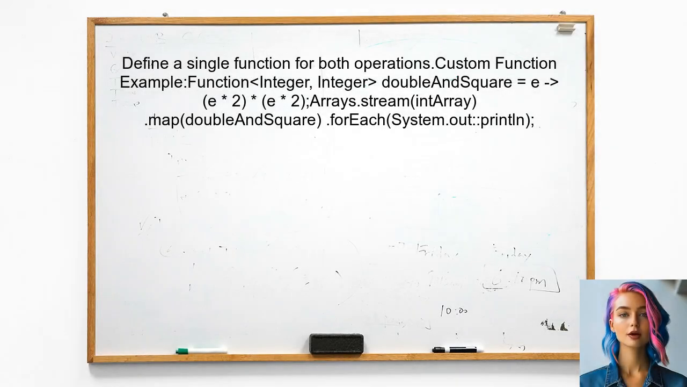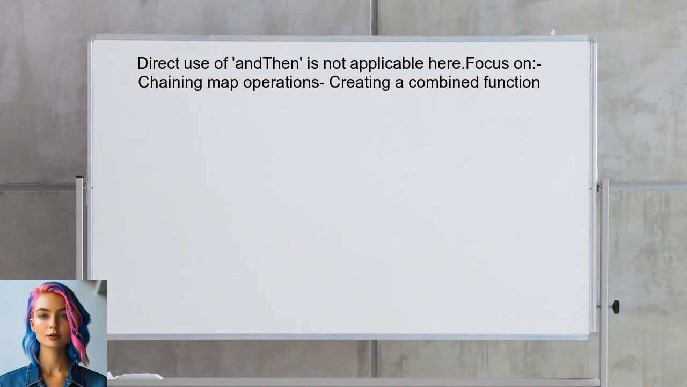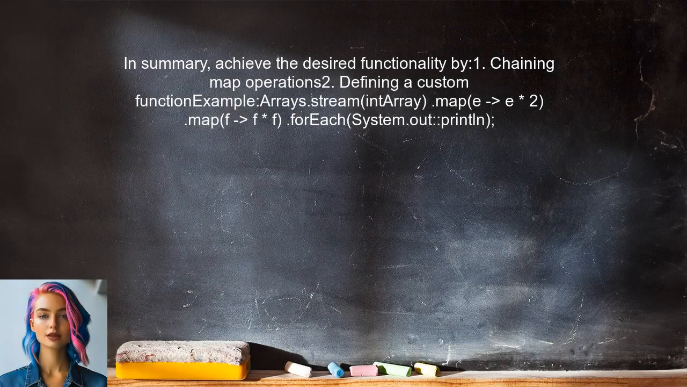Alternatively, if the user wants to keep it concise, they can define a single function that performs both operations. This can be done using a custom function. It's important to note that the user cannot directly use the andThen method in the way they attempted. Instead, they should focus on chaining or creating a combined function. In summary, the user can achieve the desired functionality by either chaining map operations or defining a custom function that